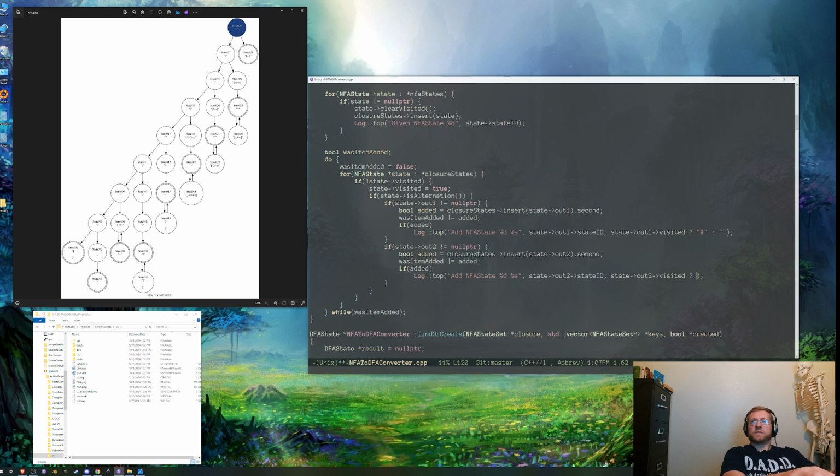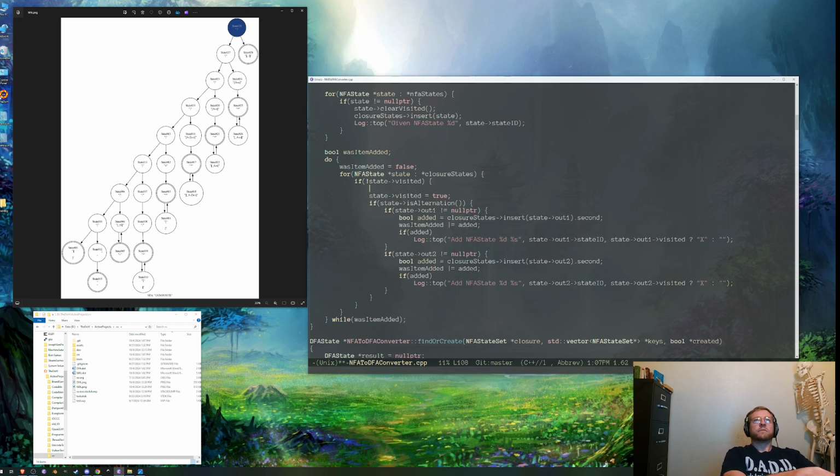If it adds a state which has already been visited, that could indicate where the issue lies. If that's not the case, this is probably a push.